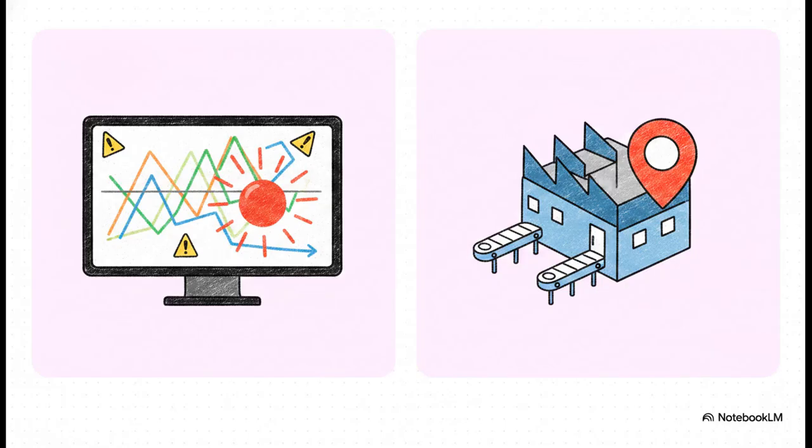Picture this. You're standing right in the middle of a massive 100,000 square foot factory floor. Now, traditionally, you'd be staring at a standard IoT dashboard that's just throwing a relentless stream of raw JSON telemetry at you. Suddenly, you get a flashing red temperature alert. Okay, something's wrong, but where is it? You have zero spatial awareness. That alert tells you what is failing, but finding the exact physical location of that asset, that costs crucial, sometimes